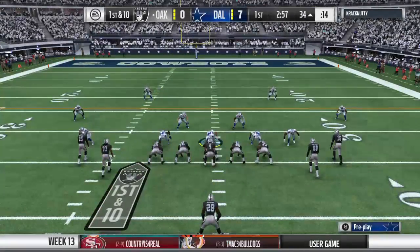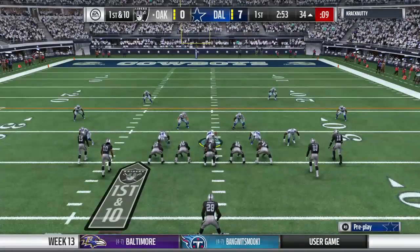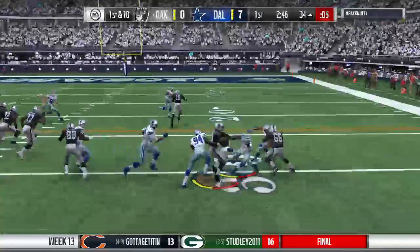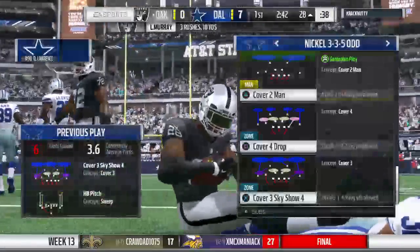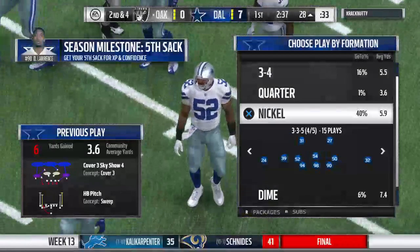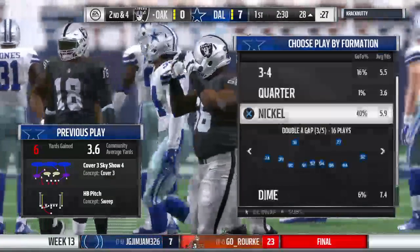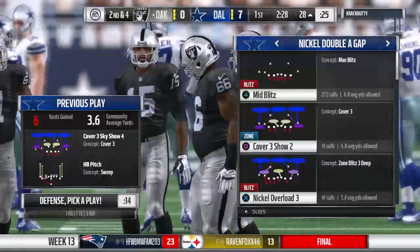Murray the lone setback. Now they'll run it on the toss. It's a 6-yard pickup, and it gets them to 2nd and 4. I know the toss play begins with the guy taking the snap and turning around and tossing it to the runner. But where the real intrigue is, can they seal the edge? Whether it's an offensive tackle or a tight end in the direction they want to run the football. If they do that, that's...